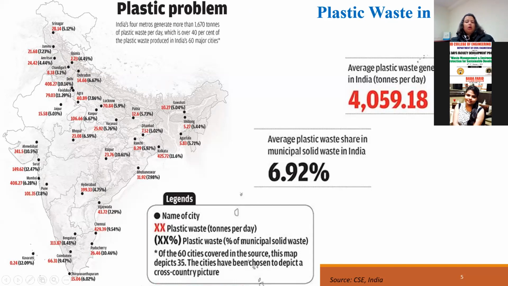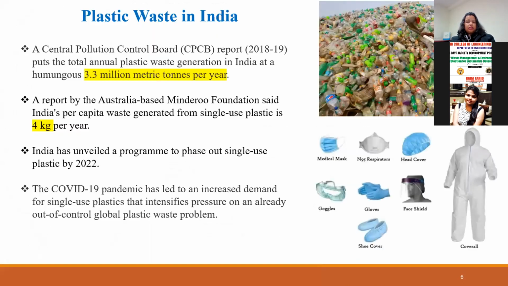Then you have the major cities, Hyderabad, the bigger cities, the metro cities of our country. You can see the plastic waste they're producing in tons per day is humongous. 400 tons per day. Faridabad. And then you have smaller cities, like Dehradun, where I'm sitting right now. We have 14.66, which is way lesser than 400-something tons per day. And Chandigarh, which is very close to Bhatinda, you can see 8.18, which is also lesser. So the average plastic waste share in the entire solid waste scenario is approximately 7%. And we have around 3.3 million metric tons per year as plastic waste